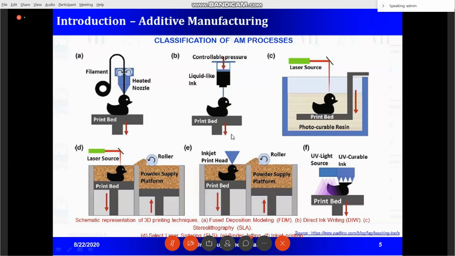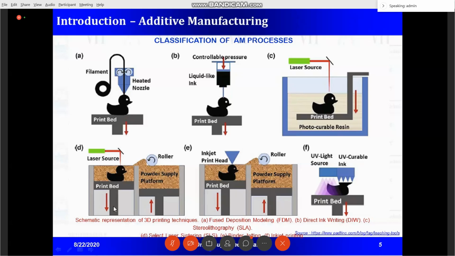So this process is commercially named the FDM process. This is FDM. We will be discussing the use of FDM in smart materials. This is direct printing or direct writing. DP, they used to say, direct printing or direct writing. This is SLA or SL, stereolithography, resin and UV curing.